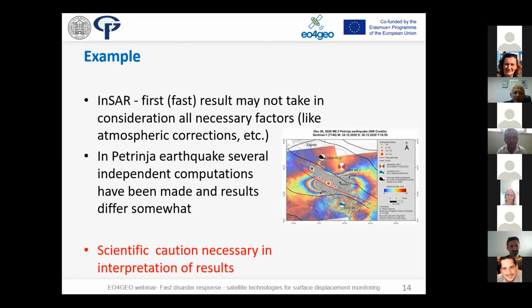So in this sense, the scientific caution is necessary, and especially in interpretation of the results, because